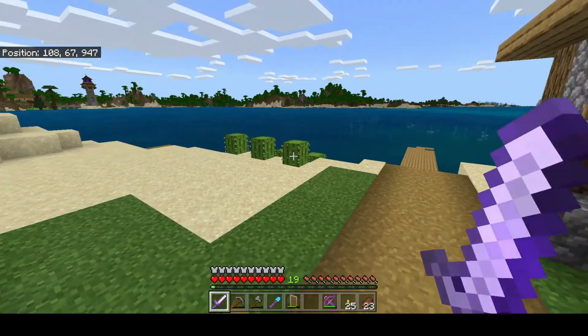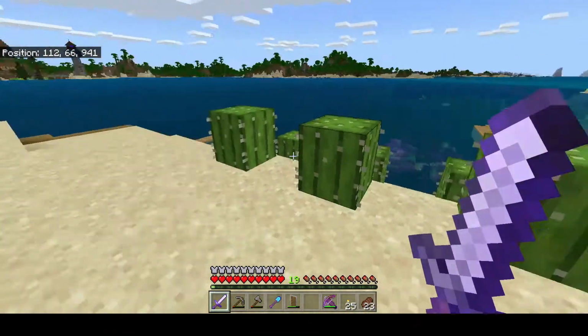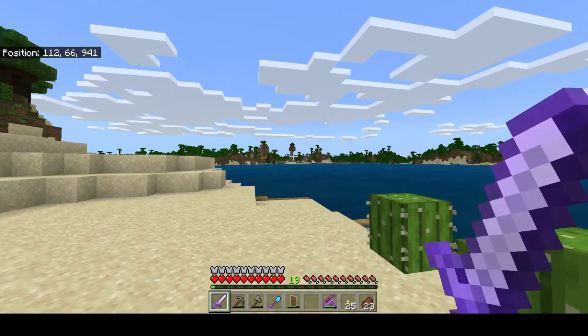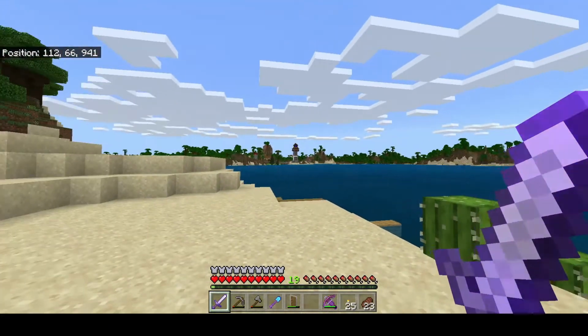Alright, here we're over in the village that we're going to transform and make better. We found a wandering trader that had cacti, so we bought a few and started up a farm over here. I am going to move a few of these over by the tower,